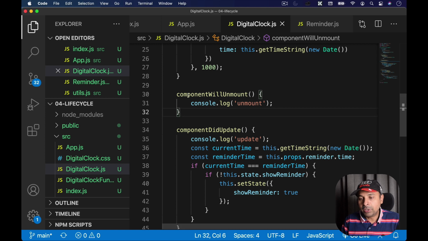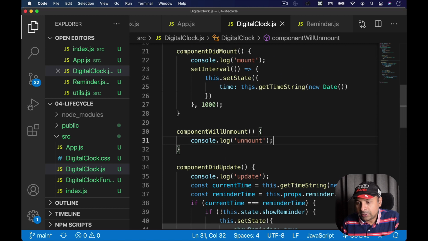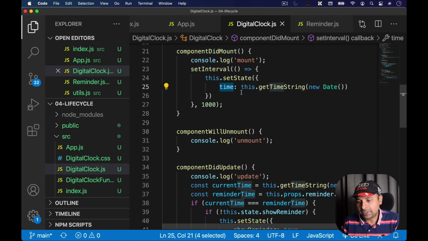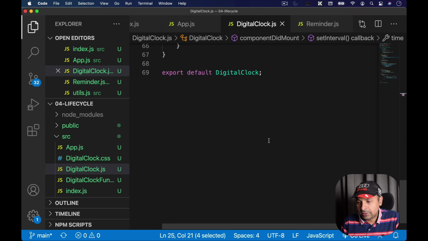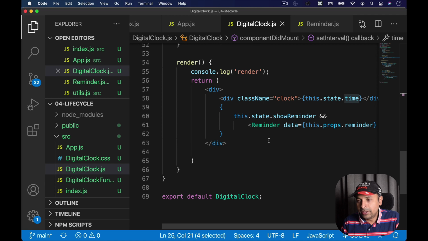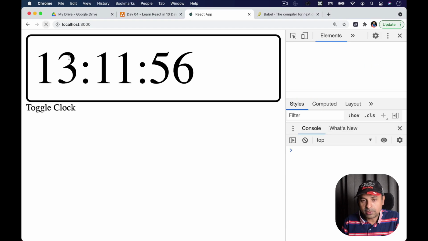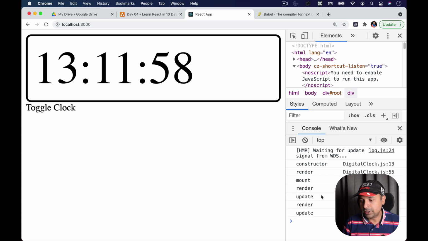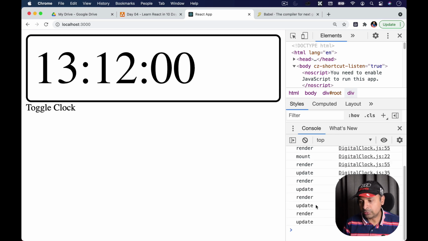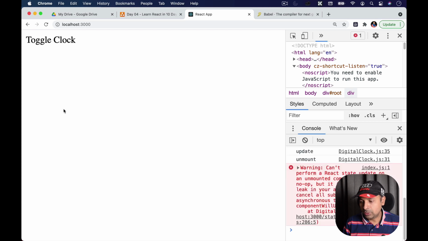This is how you can achieve it, and we can use this function component will unmount for doing some cleanup activity. Let me show you one example here, like the set interval we are calling, right? Because of that, we are changing the state at this time, and it should call a render continuously. Okay, let me refresh my application. Now you can see the render and update is getting called continuously. Now if I click on toggle clock,